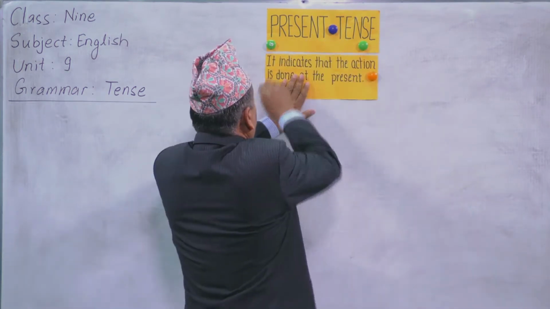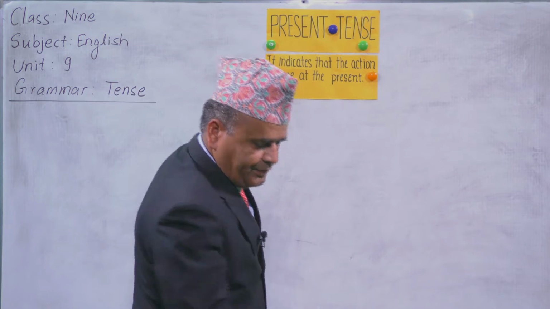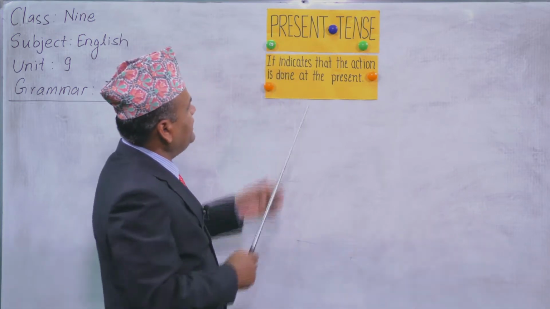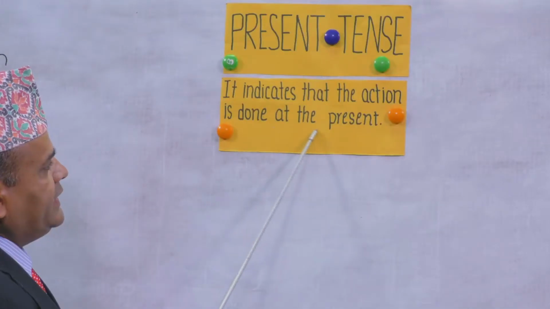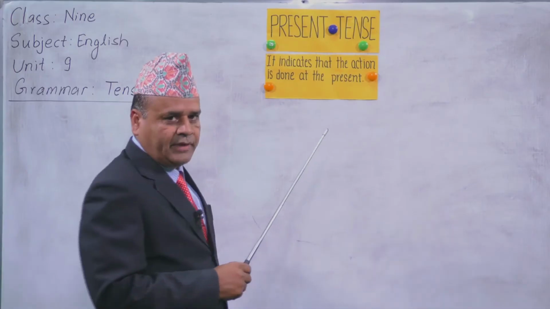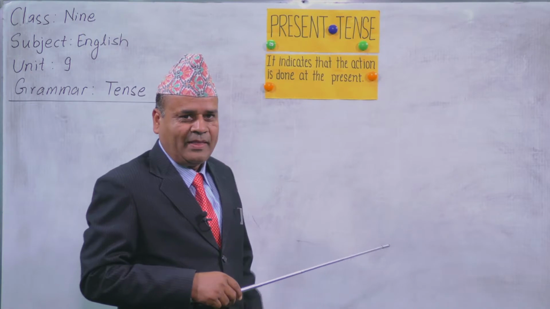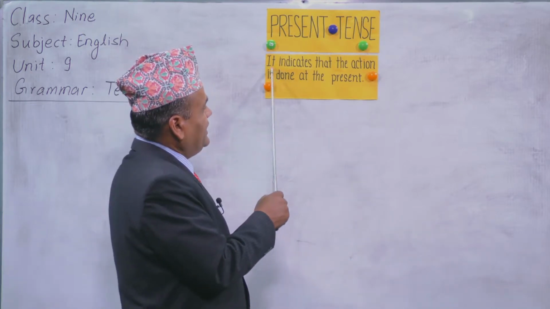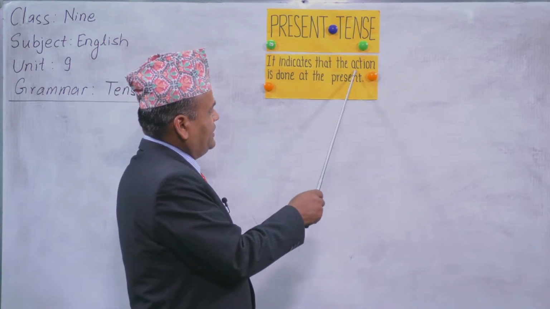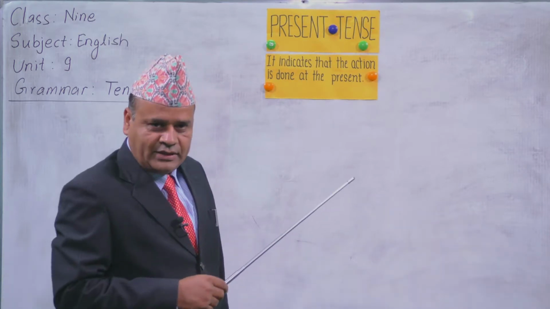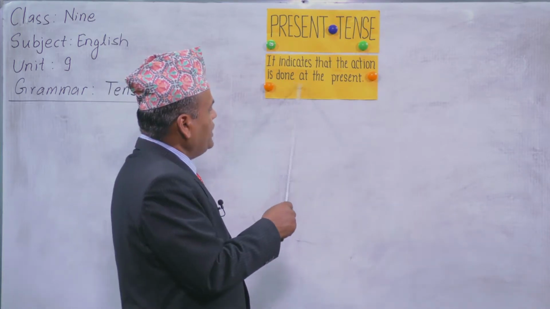Okay. So present tense indicates that the action is done at the present. Okay. So at the present means this time, at this time. All right. So yes, it indicates that the action, especially it focuses on the action that is done at the